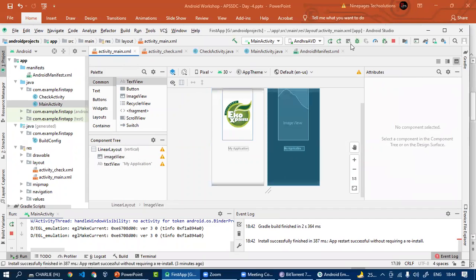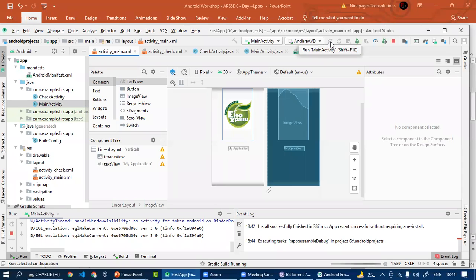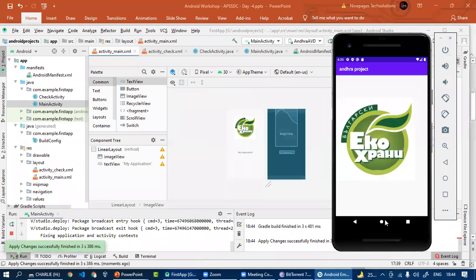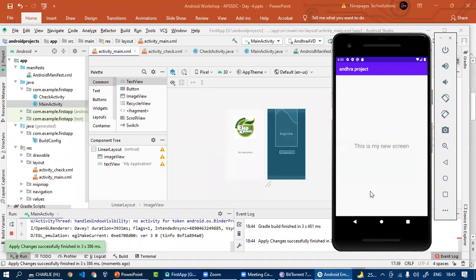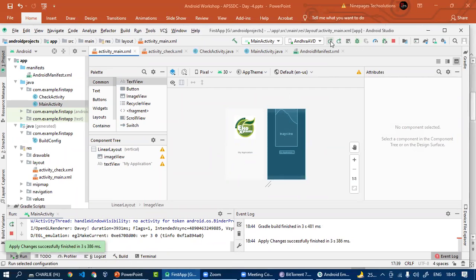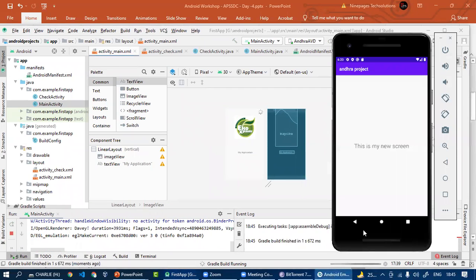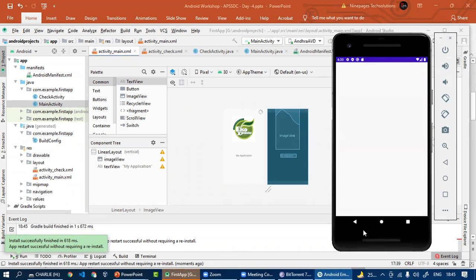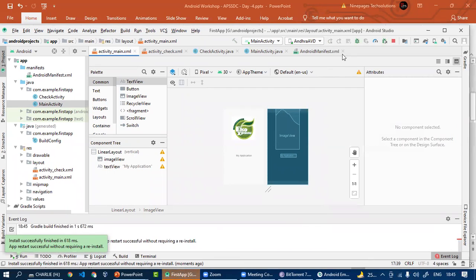Now, if we run the code, changes have been applied. So now you can see that first the home screen has appeared.